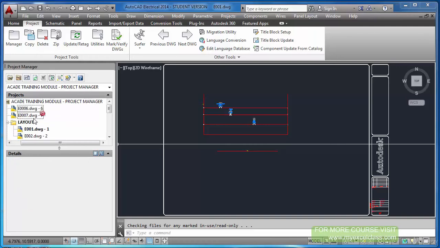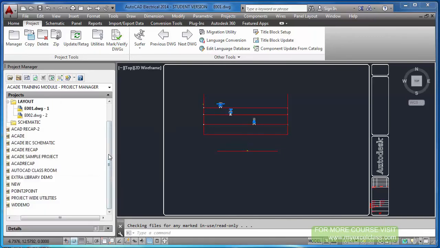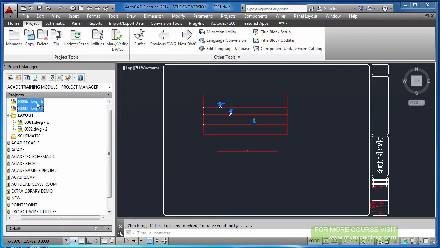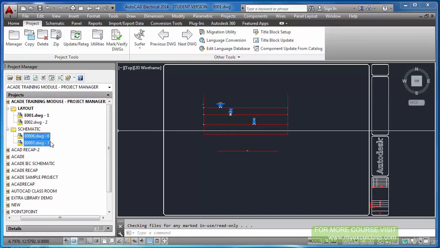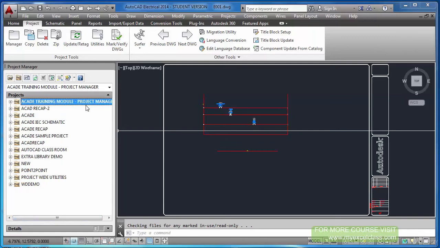In the same way 6 and 7, I would like to put in my schematic. It's moving jerky. Just a minute. Now it will be quite easy. 6 and 7, I will put in my schematic. See, now there's a project, AutoCAD training module, project manager. There are two subfolders. One is layout.